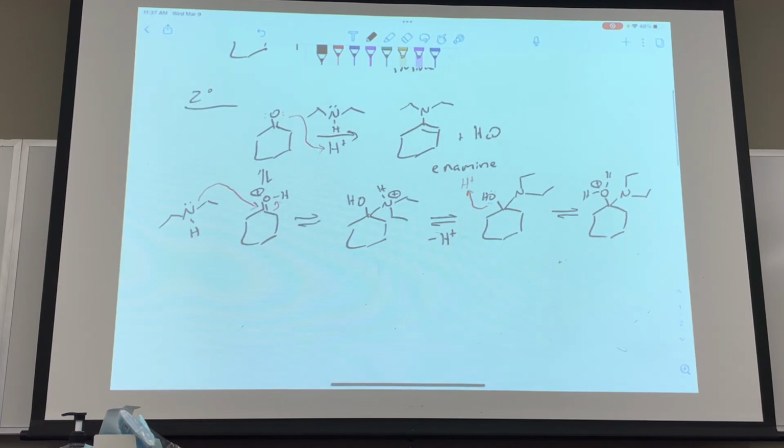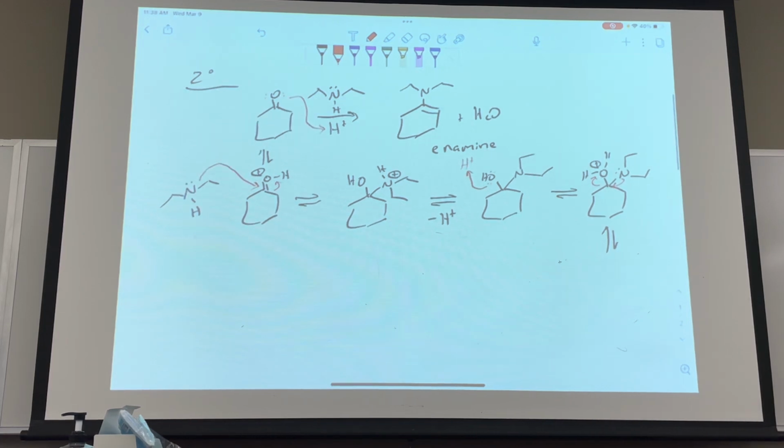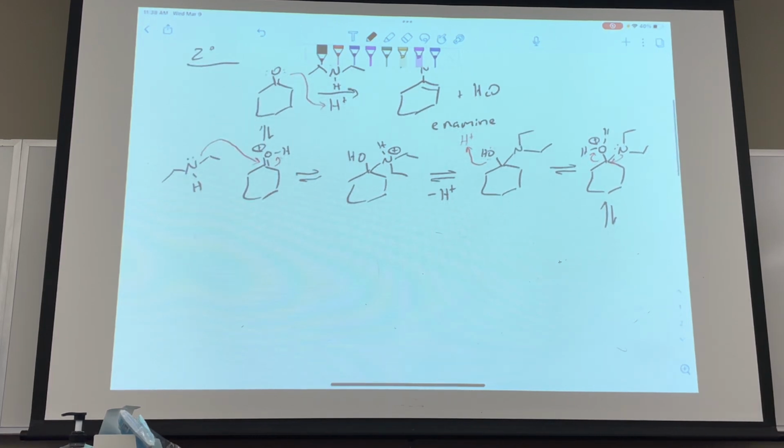And at this point, we can do one of two things. You can just make it leave, like as an SN1 style, or you can do that assisted leaving that we talked about, where the nitrogen pushes its electrons in and helps to push the water out. It really doesn't make a difference. Product of that